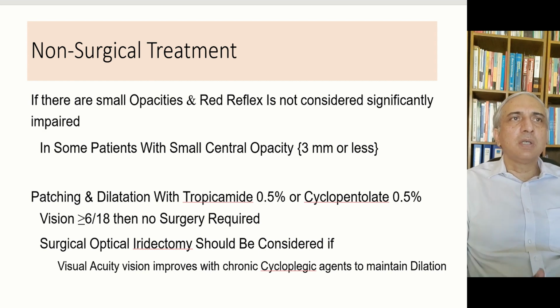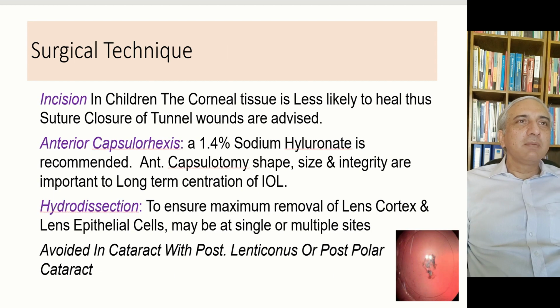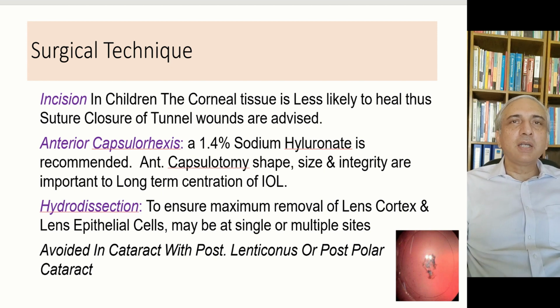Then we come on to the surgical technique. So what are the surgical treatments? In incision in children, the corneal tissue is less likely to heal, thus suture closure of tunnel wounds is advised. Anterior capsular access is performed and usually should be done very carefully. Sodium hyaluronate is preferred to methyl cellulose because the anterior chamber especially is very easily not maintained in these patients, and the CCC runs out pretty easily, so sodium hyaluronate usually is very